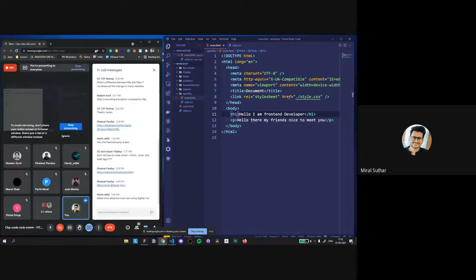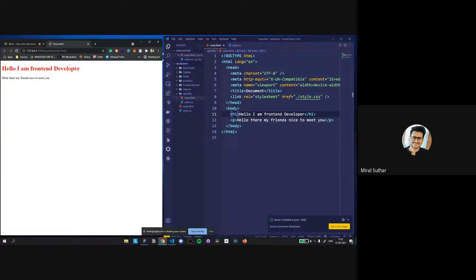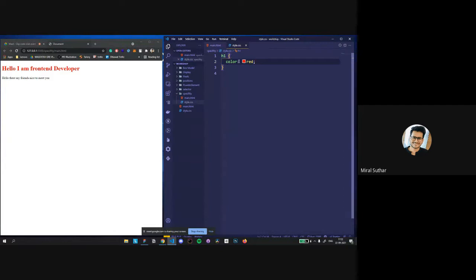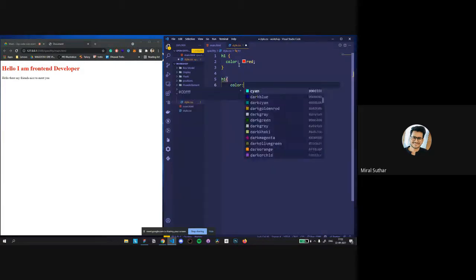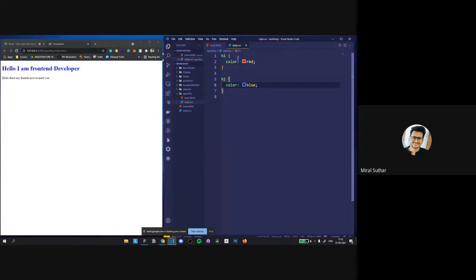Okay, sorry, this is a different one. I start the new one. Yeah, this is color red. Sorry, my mistake. This is the H1 tag we have selected with a color. But what happens if I write H1 again and add the color blue? See, it just changes the color. It doesn't give priority to this one, it now gives priority to this one. If we write another H1, it is going to prioritize the last one we have written, because priority goes from up to down.